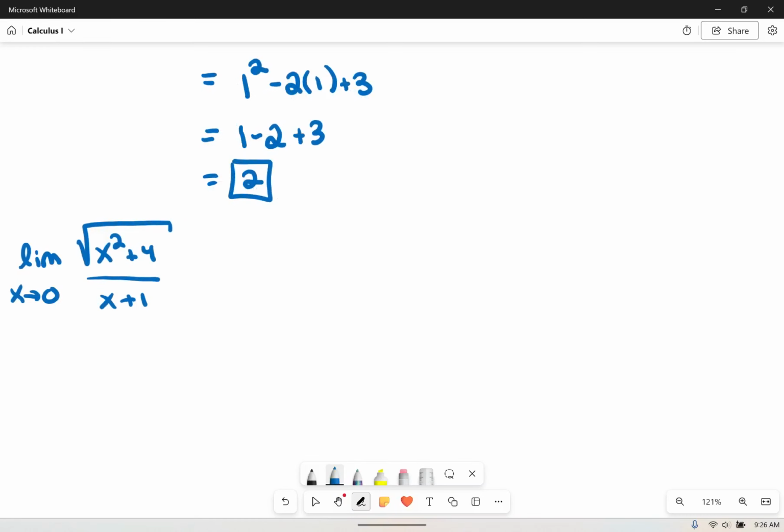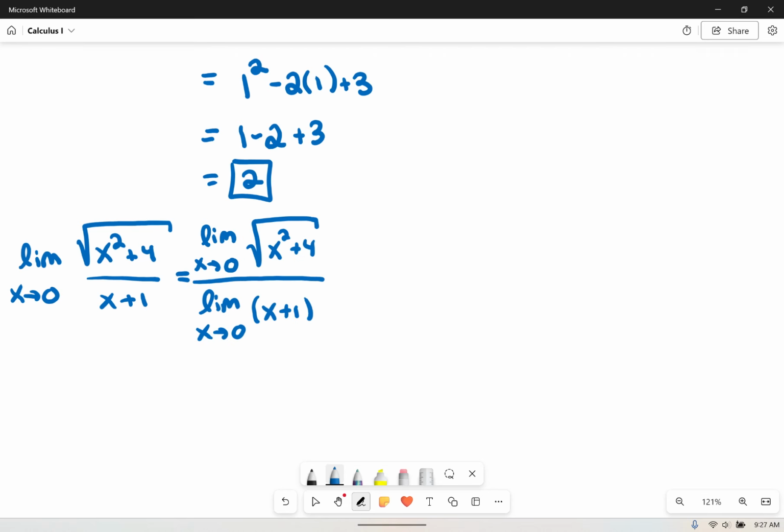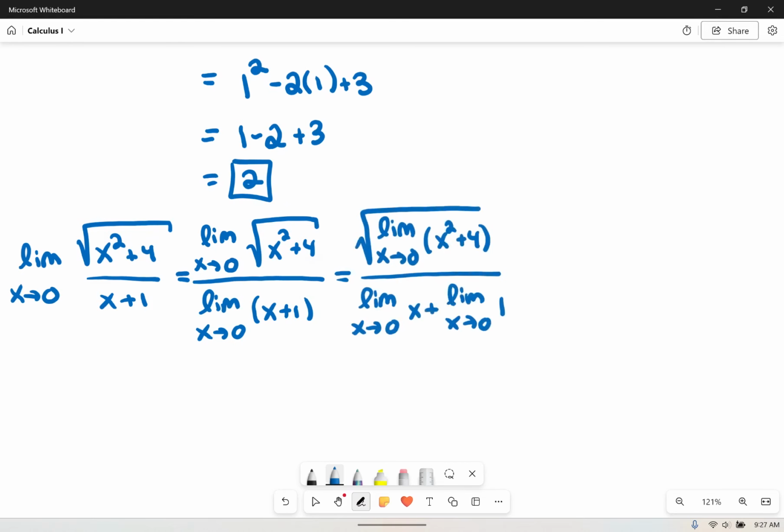We'll take the same approach with the limit as x approaches 0 of the square root of x squared plus 4 over x plus 1. Using limit laws, we can rewrite this limit as the limit as x approaches 0 of the square root of x squared plus 4 divided by the limit as x approaches 0 of x plus 1, which equals the square root of the limit as x approaches 0 of x squared plus 4 divided by the limit as x approaches 0 of x plus the limit as x approaches 0 of 1,